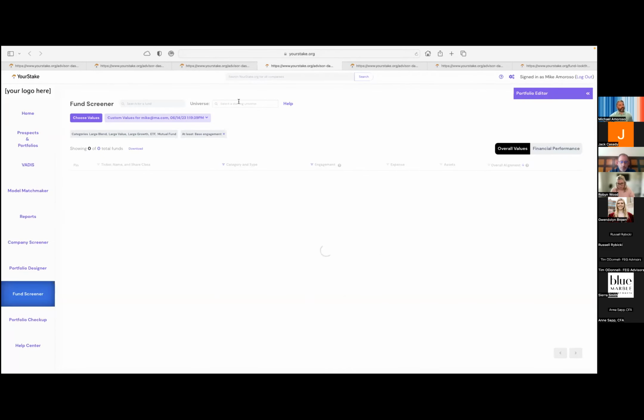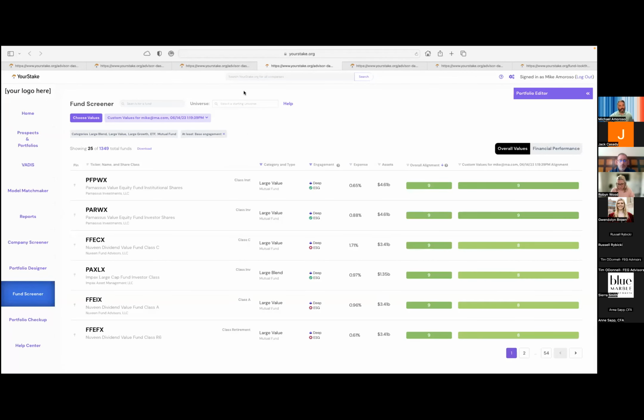Another feature that we have here at the top is a universe. Again, same concept as before when we were looking at the portfolio designer. I can create a universe of funds that I have access to as an advisor, build that as a portfolio in the prospects and portfolios tab, and then call that up here. So I'm only looking at either a universe of funds that I have access to or a watch list that